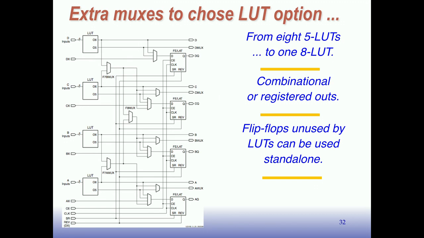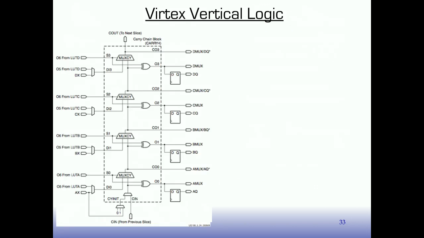And there's one more thing I wanted to point out, which is there's logic that runs this way through the LUT. And this is used for speeding up addition. Remember we talked about ripple addition, and the thing that slows down ripple addition is the fact that there's a ripple that moves from stage to stage. If that carry logic were implemented in LUTs, it would be slow because you're going from LUT to LUT to LUT. And since addition is so popular,